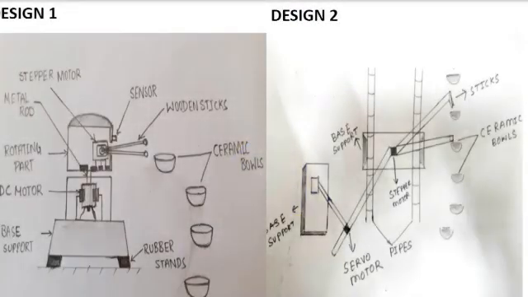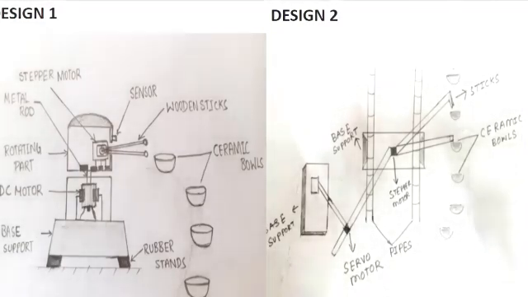Coming to the design part, we drew four designs. This is our first design, design 1. In the first, we connected our DC motor onto the base, which helps the upper casing to rotate in a circular way, and there we have a stepper motor to hit the ball. Next, in design 2, we have kept a fixed base support and another one which is free to move onto the pipe, and the stepper motor fixed onto the top will hit the ball.